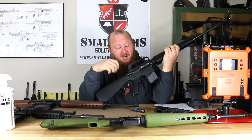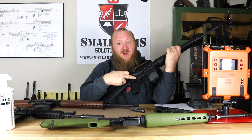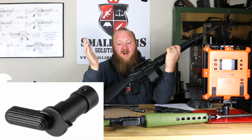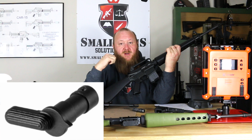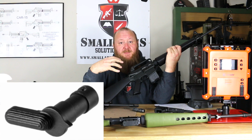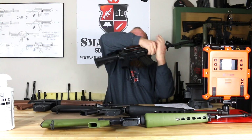This also has another new part that's coming out within the next few weeks or so. Brownells is now offering their retro safety without the tick on it. Believe it or not, that's very hard to find. The only ones out there without a tick are the current Colt ones, and the latch is different on the left-hand side. It's much longer. It's not period correct. So they're going to be offering period correct without the notch on there. That's a new part coming up as well. The next is the